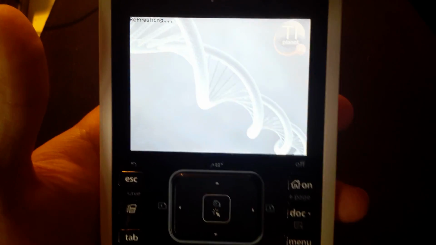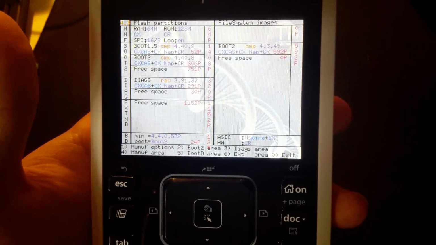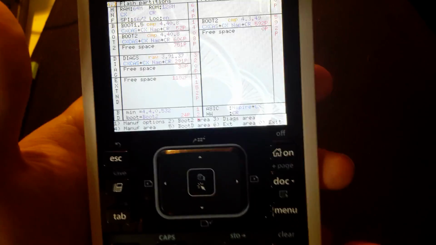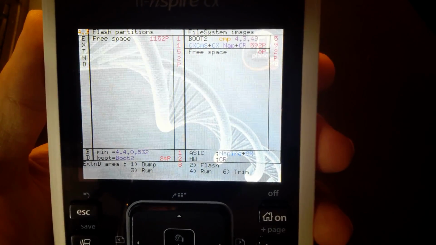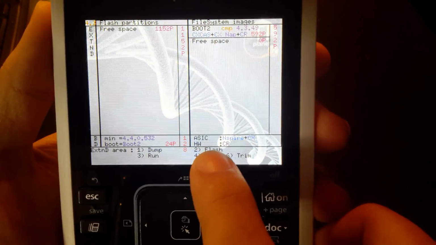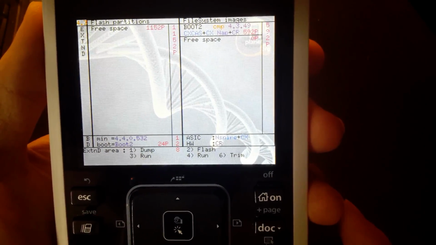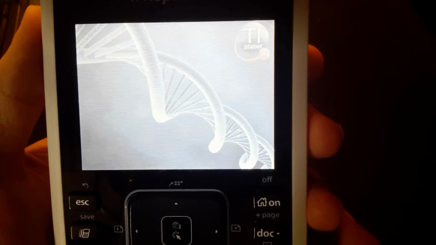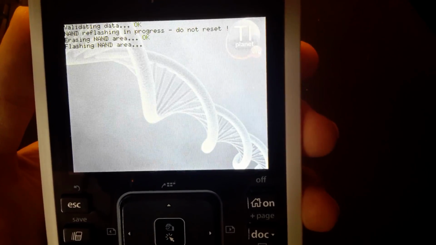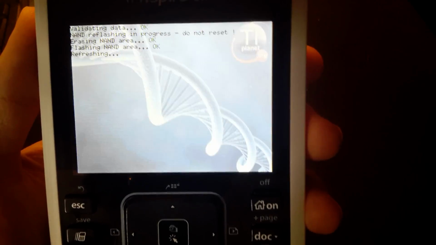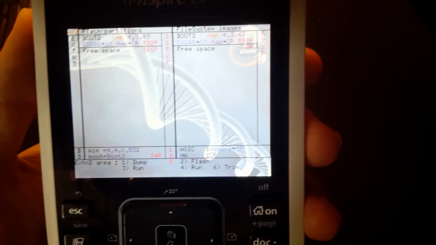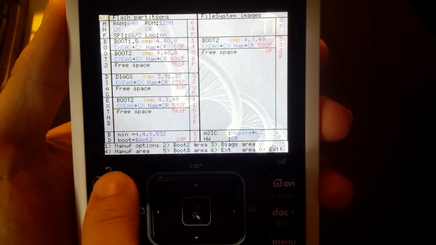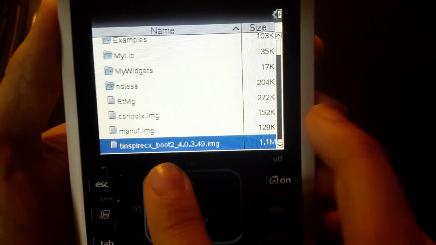And this time you will pick the extended partition, so ext area. It's the 6. Just open that up. And now you'll need to flash it. Once again, press 2. Finally, press escape twice and go over to the last image, which is